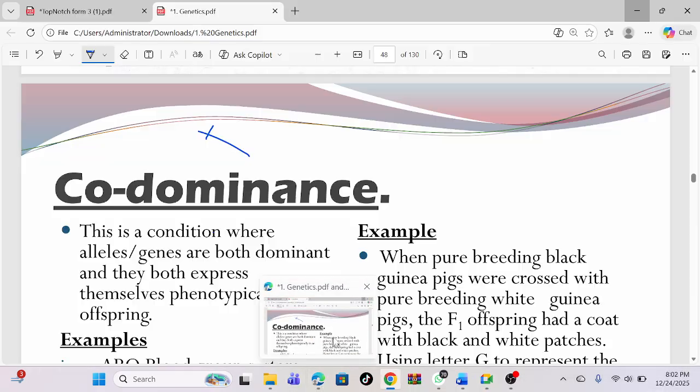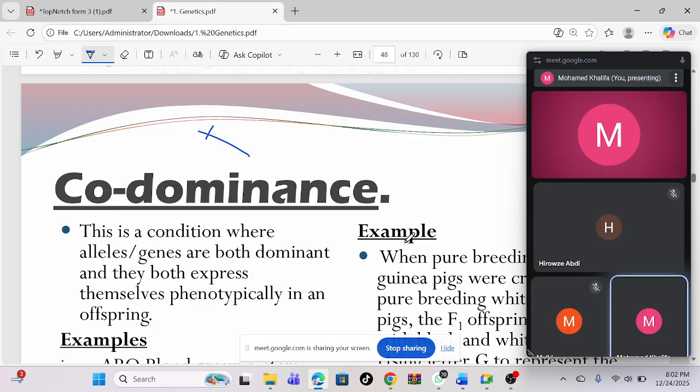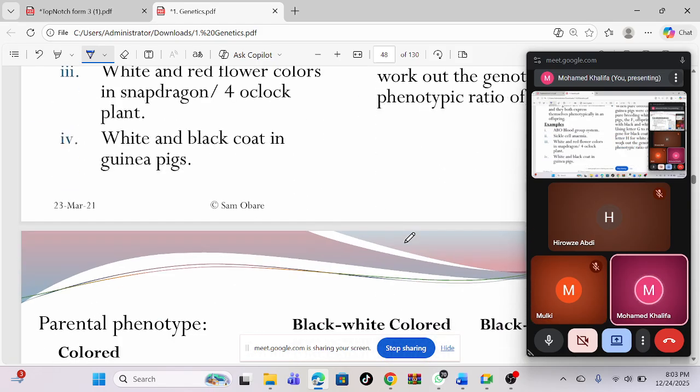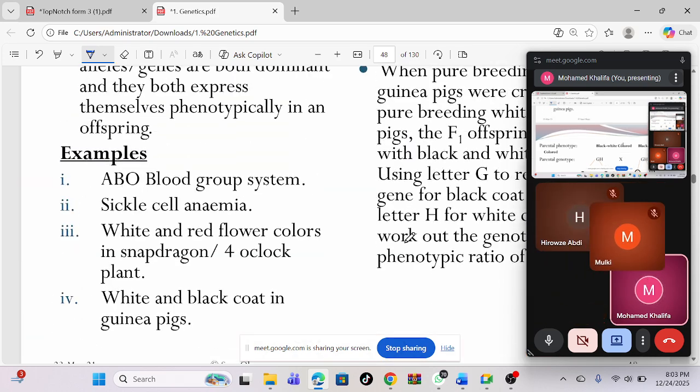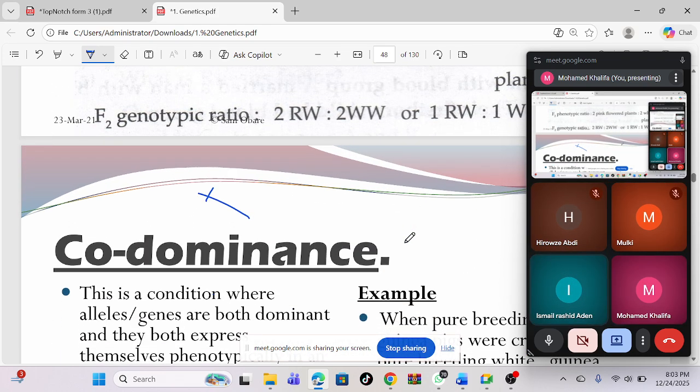So our topic is known as genetics. We were on genetics, and by now we have to know how to cross using the crossing and the use of the Punnett square. These are all just crossing, there is nothing else. We are almost done with the topic, so the very important thing is